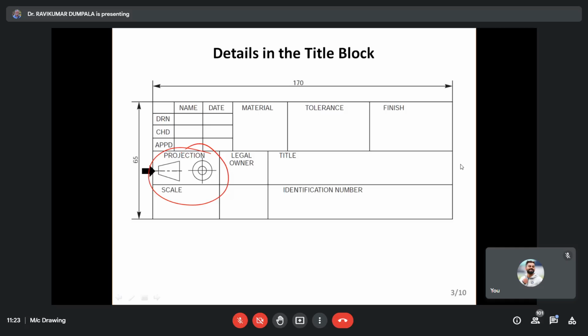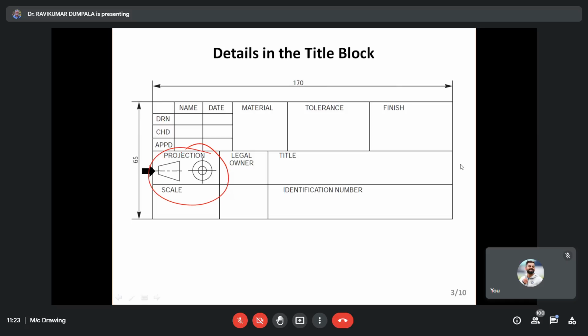Sir, the opaque screen is placed behind the object. Nothing is there. I'm not showing any screen or anything. So why do you say screen? Where do you see the screen? You don't see any plane, no XY line, nothing is there. Sir, it is the symbol for first angle projection. No, that's what you should not say. So why is it first angle projection? Any one of you please explain why it is first angle projection.